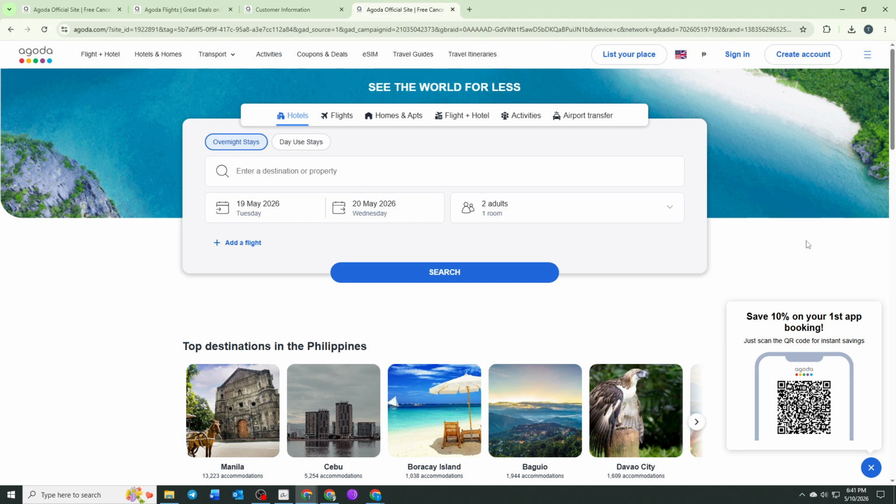booking or traveling. To begin, open your preferred web browser on your computer or mobile device and visit the official Agoda website. Agoda is a popular travel booking platform that allows users to reserve flights, hotels, and other travel services conveniently in one place. Once the website loads, go directly to the flight booking section where you can begin entering